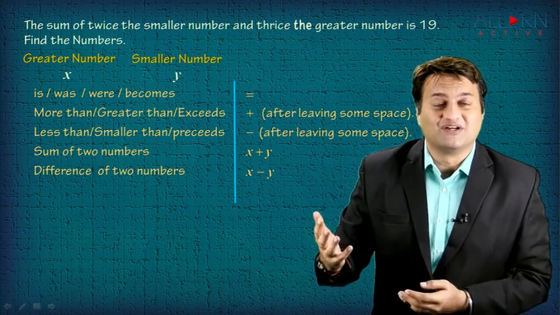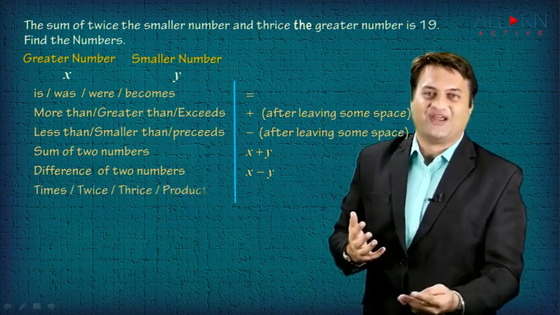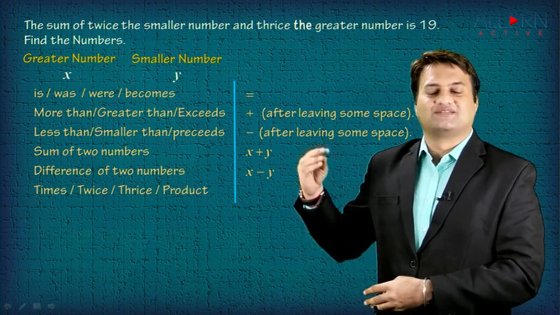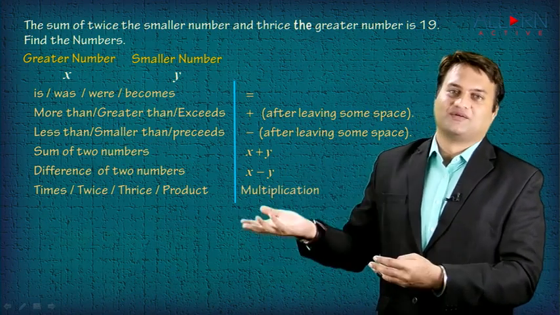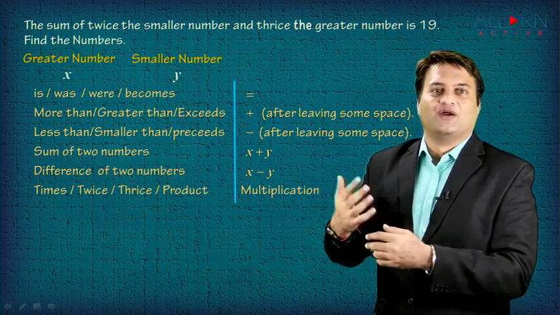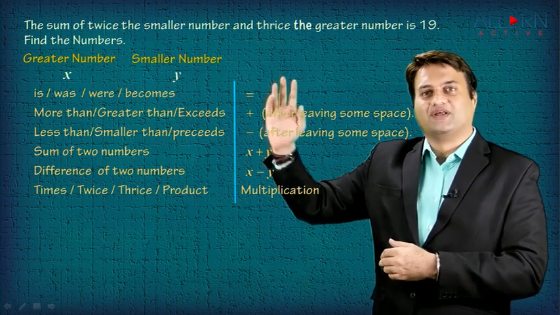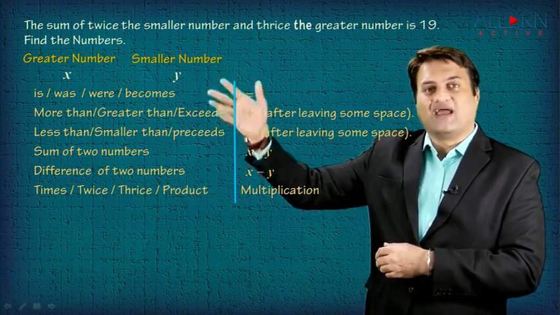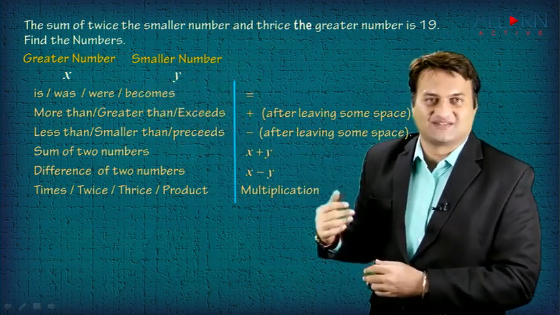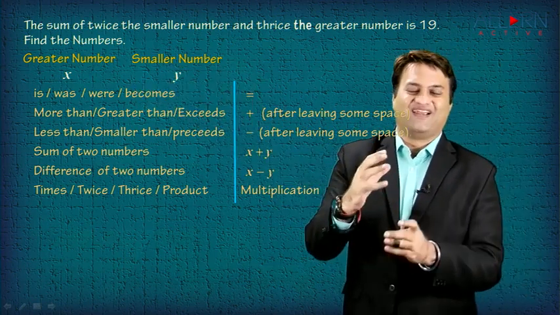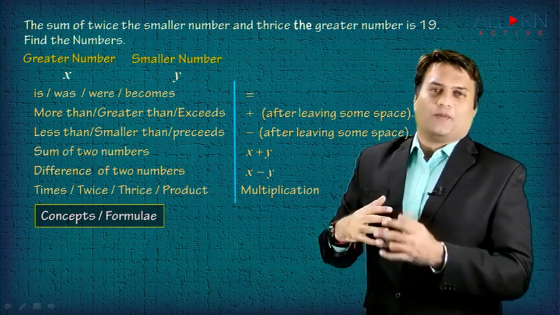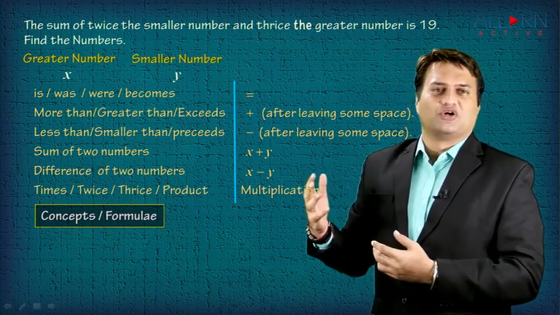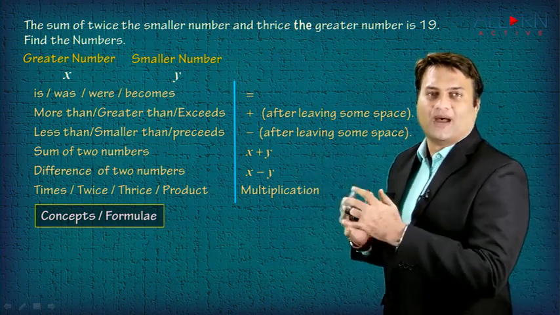Ratio of two numbers, x upon y, right? Times, twice, thrice, product is multiplication. So twice the smaller number is 2 into y. Thrice the greater number, 3 into x. It's like that, right? Also, apart from these basic simple rules of converting an English statement into a mathematical equation,